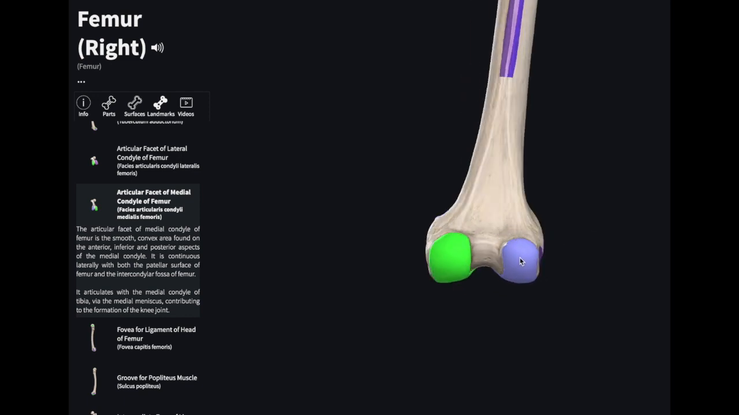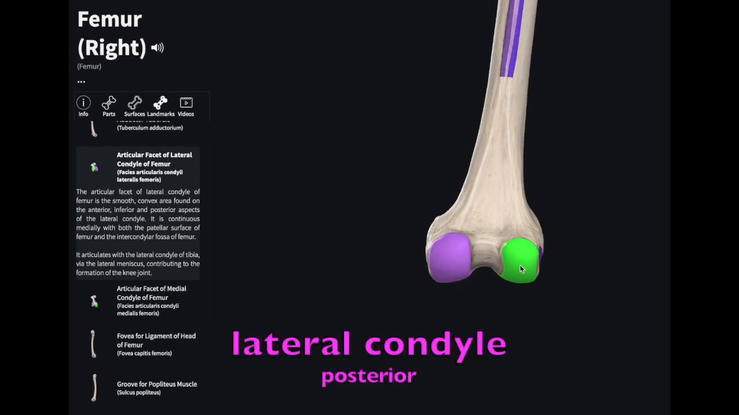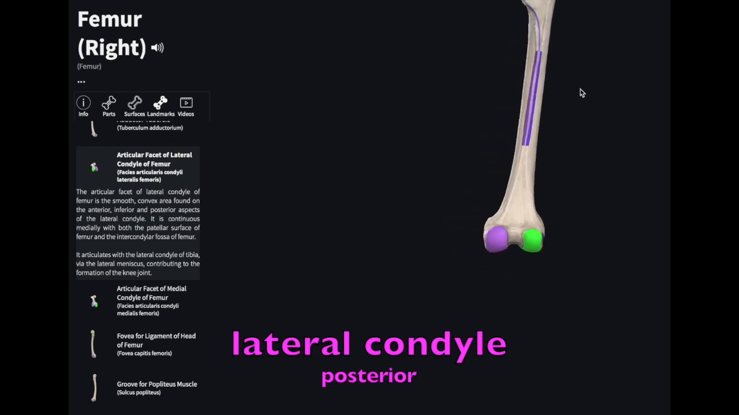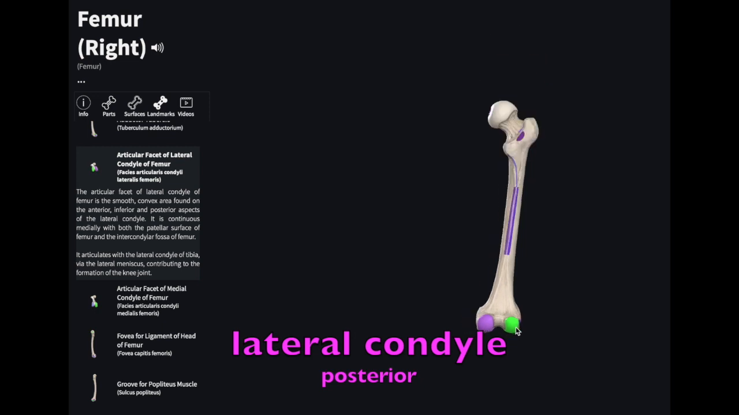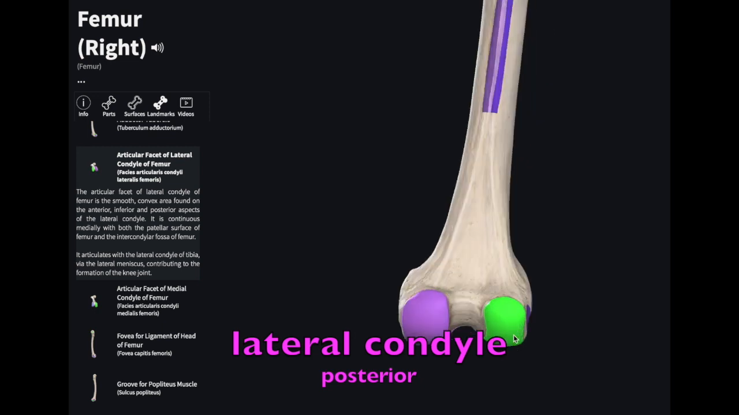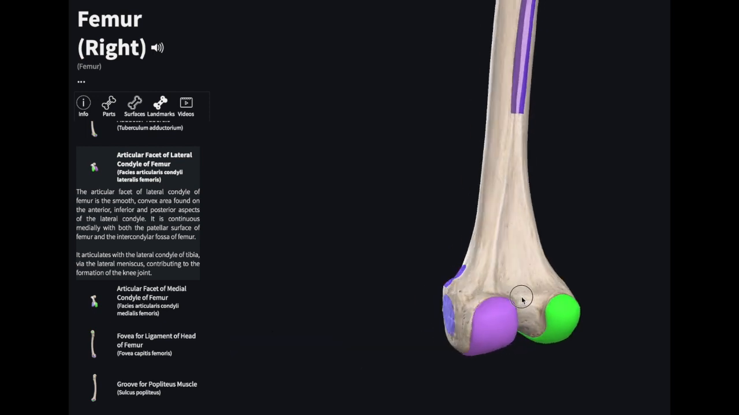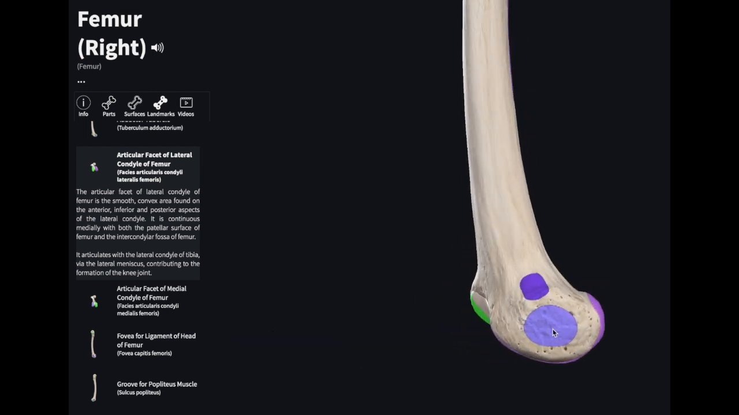Okay, and then on the other side, this is known as the lateral condyle. Again, on the trochanter side, the greater trochanter side, this would be the lateral aspect. So this would be our lateral condyle. Lateral condyle. Okay. And then over to the side here,